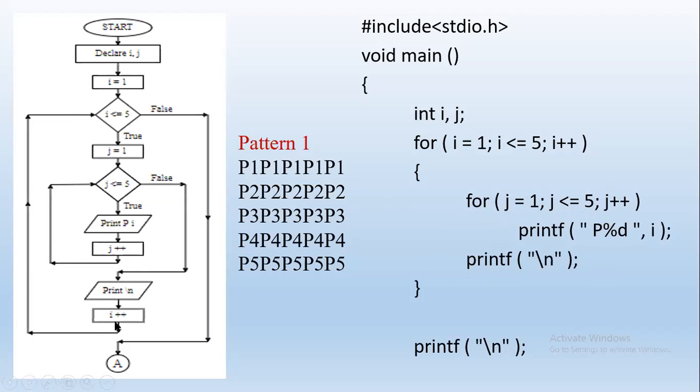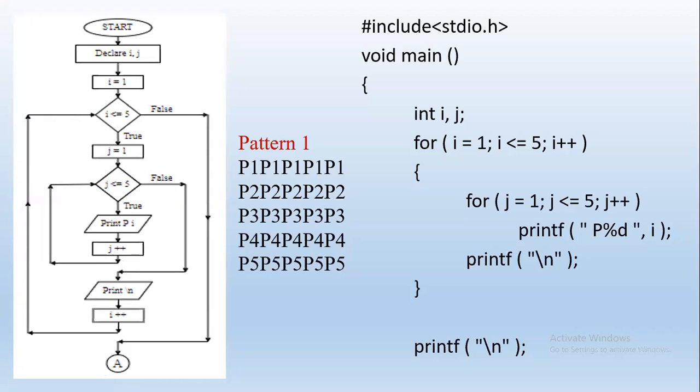Now i is incremented to 2. This continues for i equal to 1, 2, 3, 4, 5. For each value of i, j executes 5 times, right? So you can see the depiction. This is the outer loop of i, and inside that we have the inner loop. This type of representation in the flowchart is very important. Please note the arrows. They have to be given correctly. Here we have printed the first pattern. We will see step by step tracing also next.